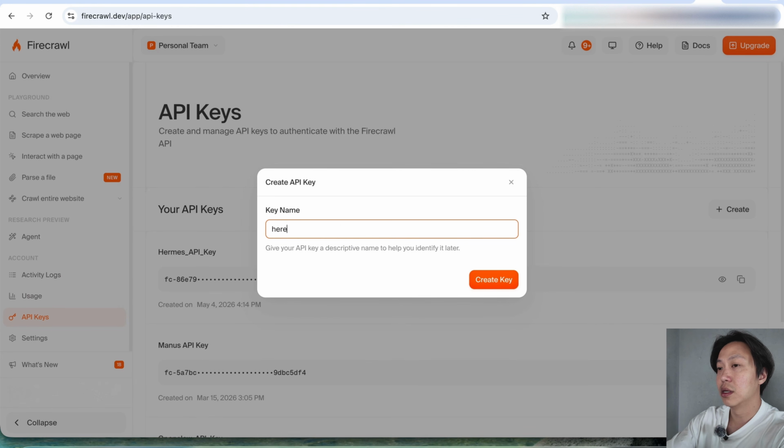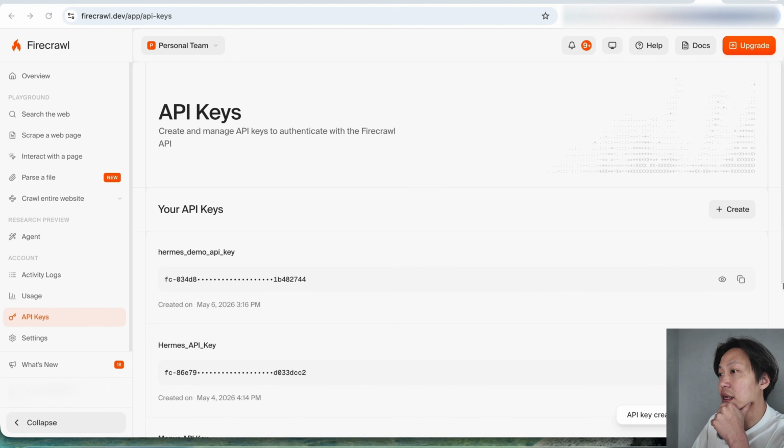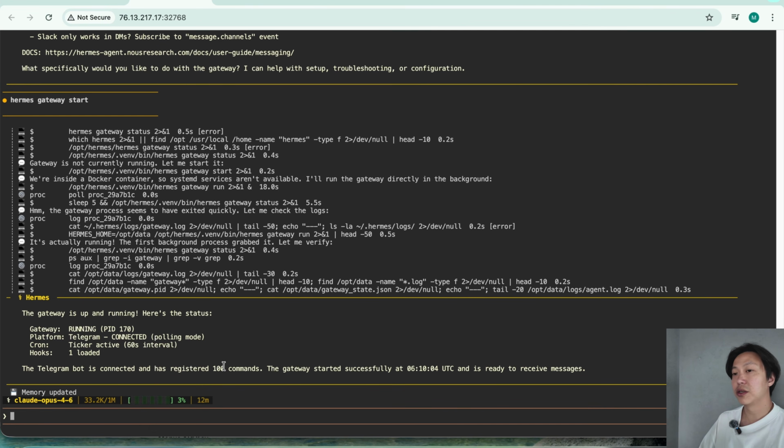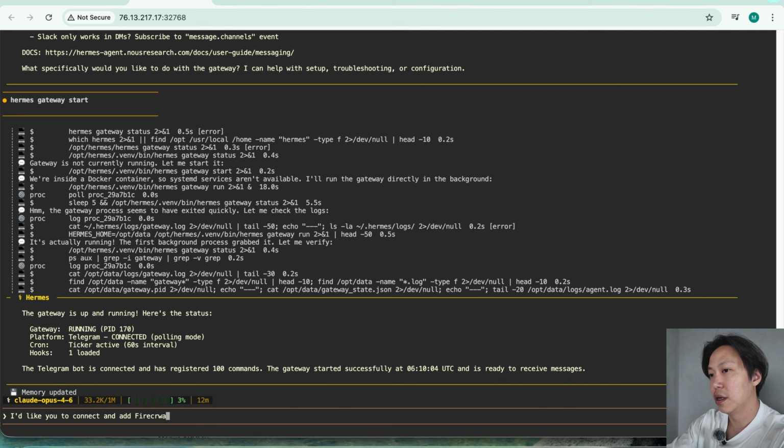So yeah, I'm going to call it Hermes Demo API Key, okay? And I'm going to hit Create Key, okay? And again, you want to keep this secret as with any API keys. I'm going to revoke this after the recording. But once you have that, go back to your TUI and just ask it to connect